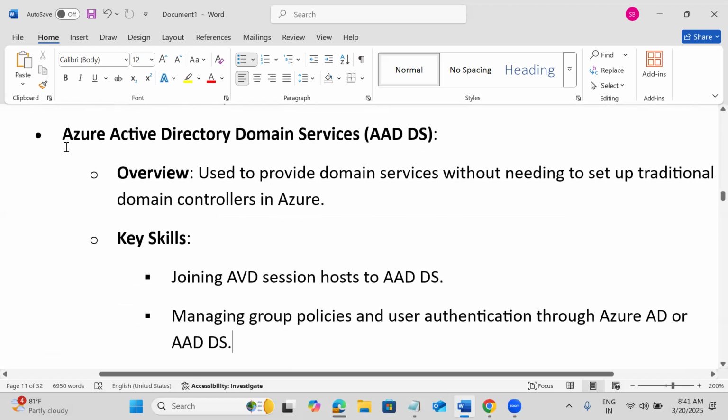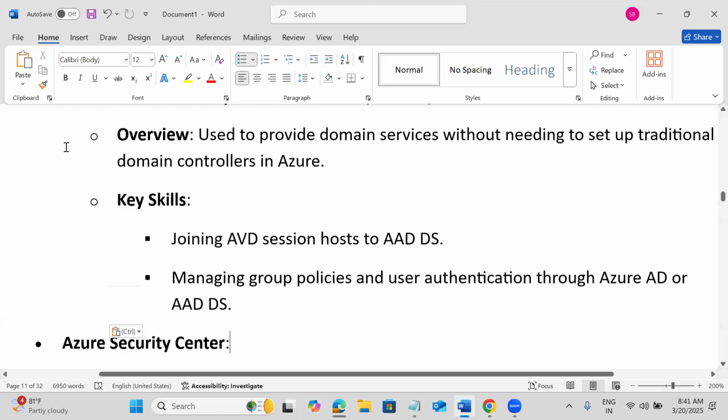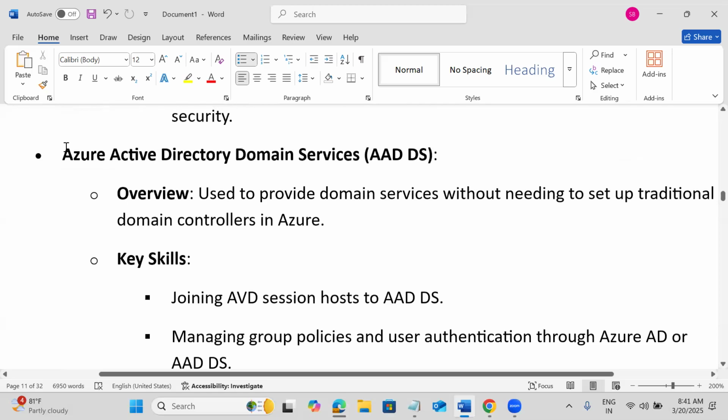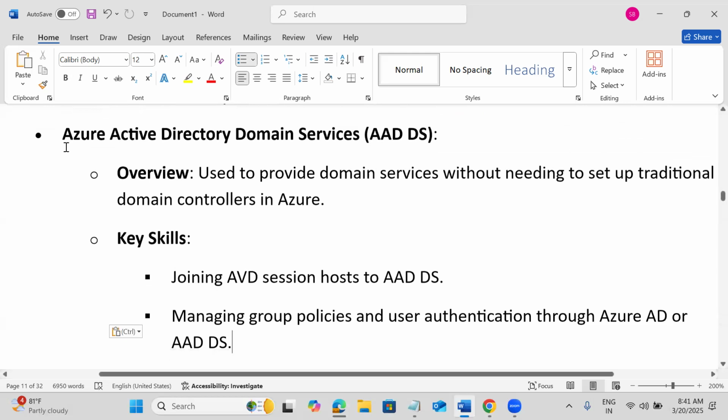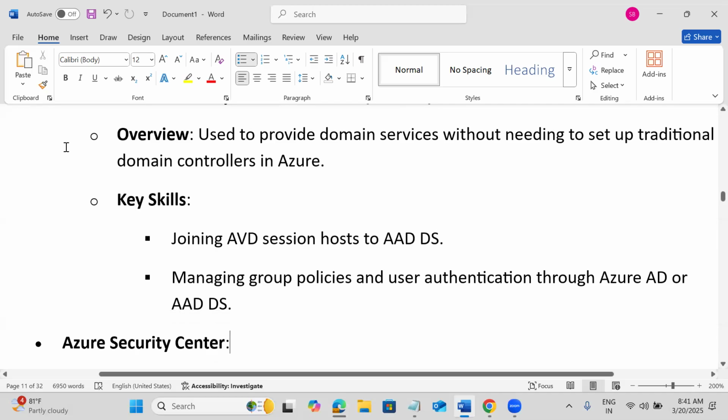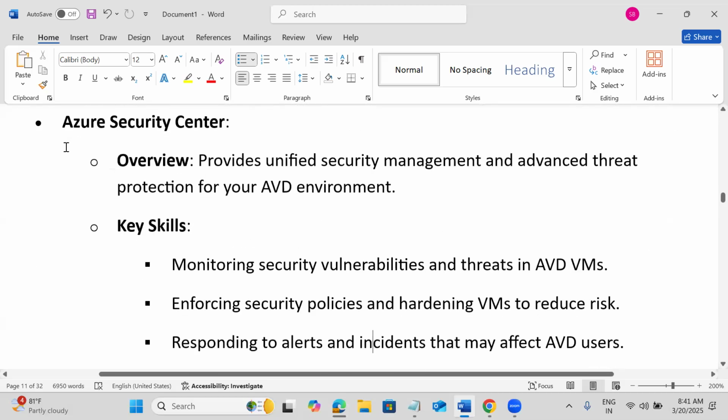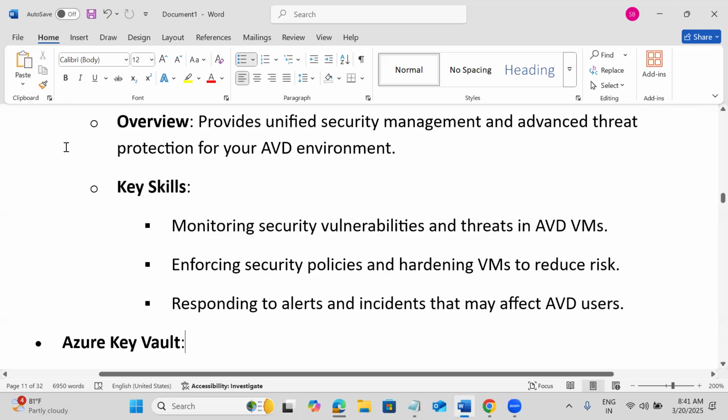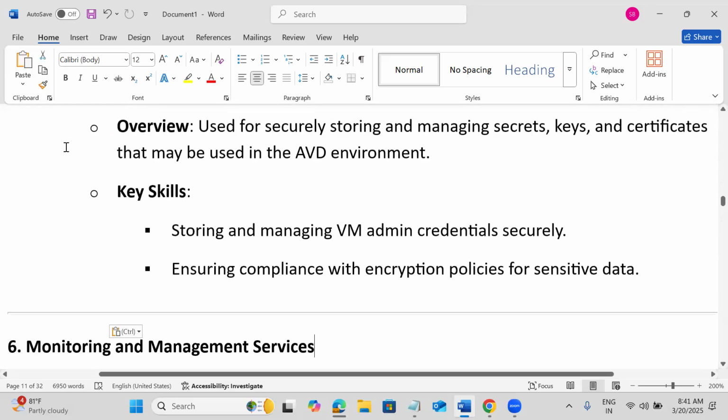Then we need to have our on-premises data center also. We need to use Azure Active Directory Domain Services also. We can join them to the domain, all this. So for this we are using Active Directory Domain Services. Normally, locally we'll keep the domain controllers, but on premises we don't want. Then we can use Azure Active Directory Domain Services. Or if you have on premises, we can synchronize that also with Azure. And for security of all services we can use, but for AVD also we require Security Center.